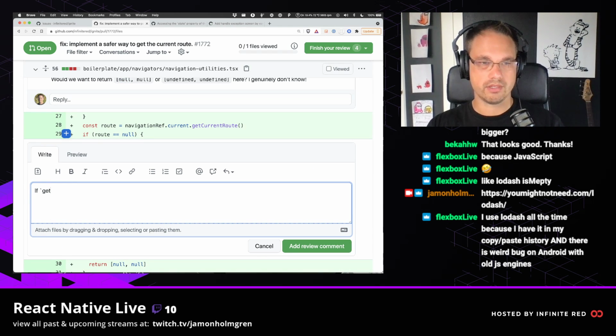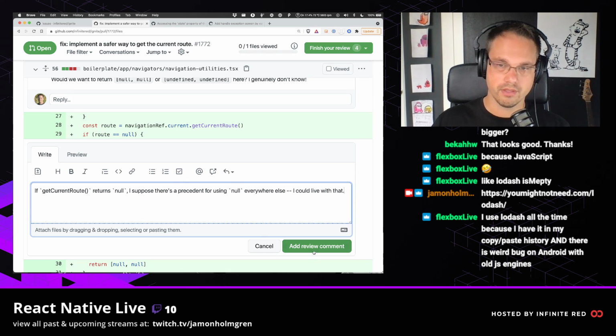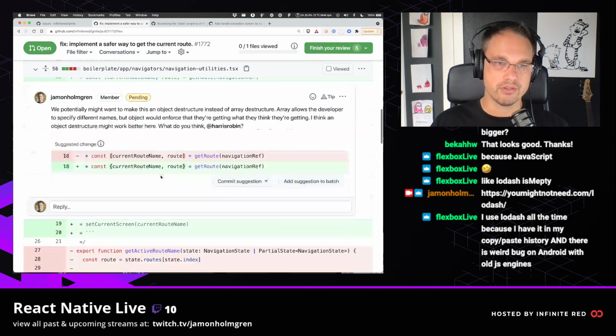If get current route returns null, I suppose there's a precedent for using null everywhere else. I could live with that. So as Harris is reading through this,